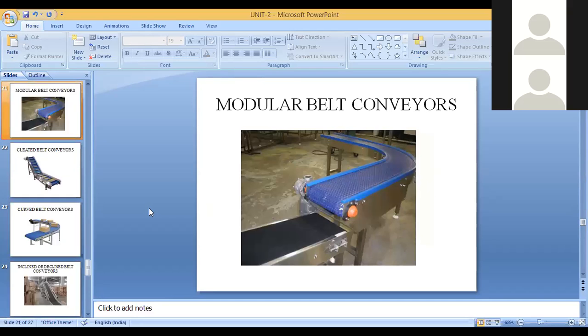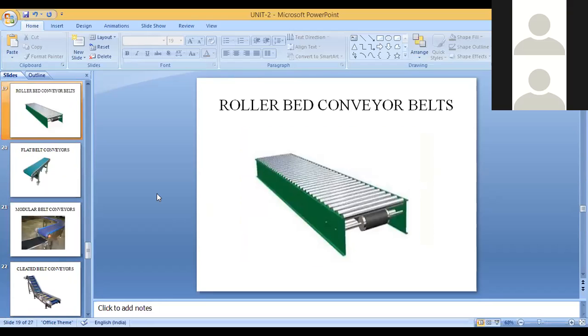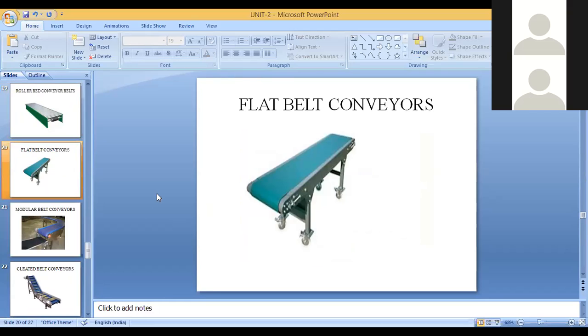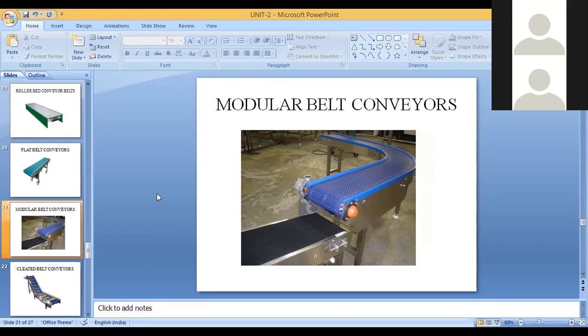This is modular belt conveyors. If you look at the first one, you have rollers which are stable, means you cannot remove them and you cannot keep new ones. Here in case of flat belts, it has some fixed length, but in case of modular belt conveyors, this is not fixed. Depending on our requirement, we keep on adding the pieces for this. Mostly this is made with plastic.